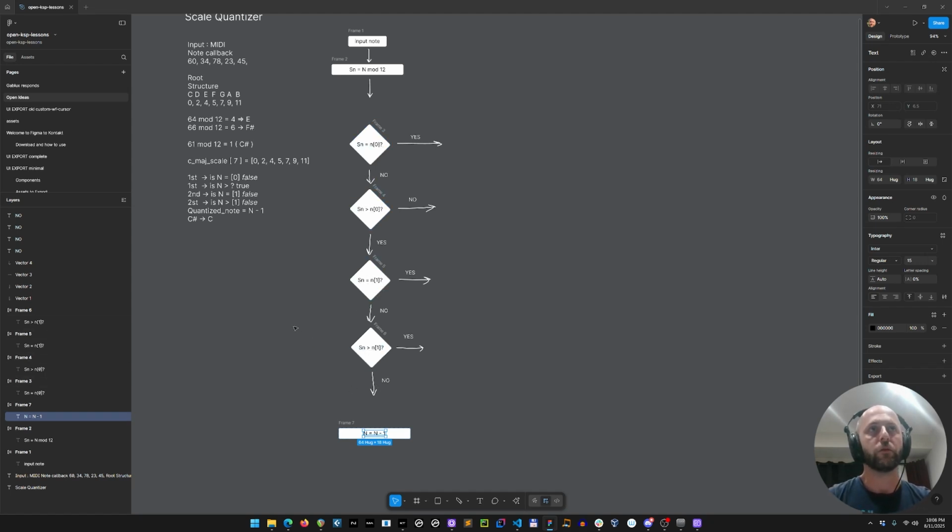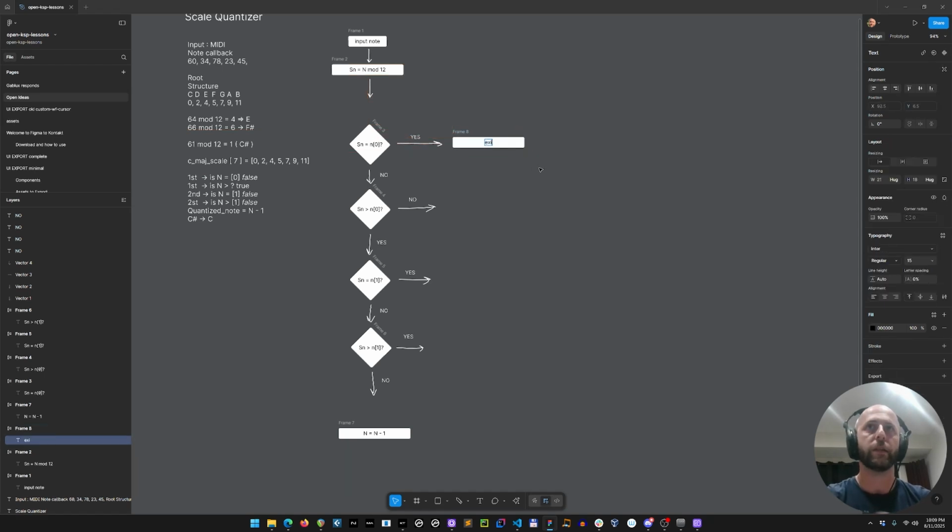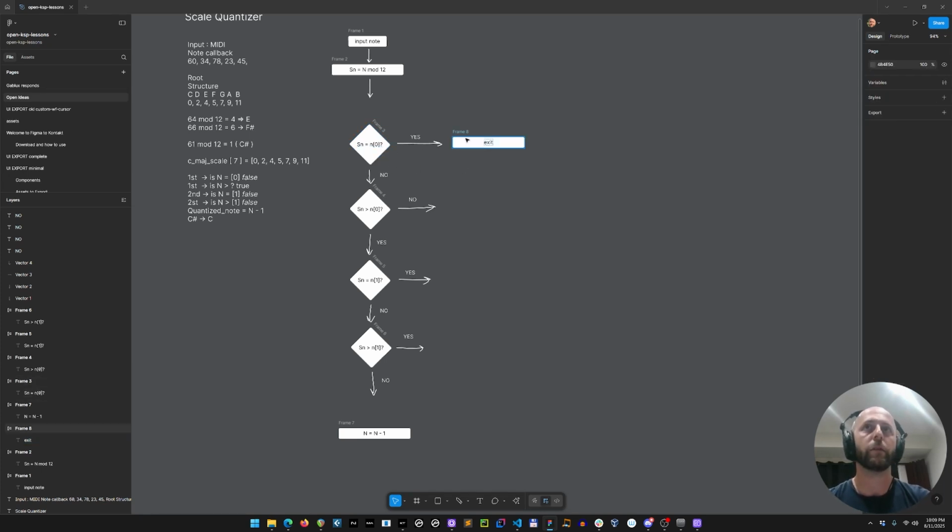Now there's one very interesting thing. But the thing is, what if, yeah, I mean, it's not equal. I mean, what if it is equal to the first element? Well, then basically we have to find a way to exit, because it's fine. We don't need to quantize that. Okay, so. And if it's not bigger,